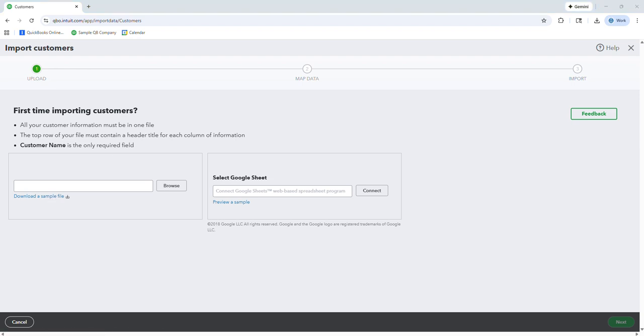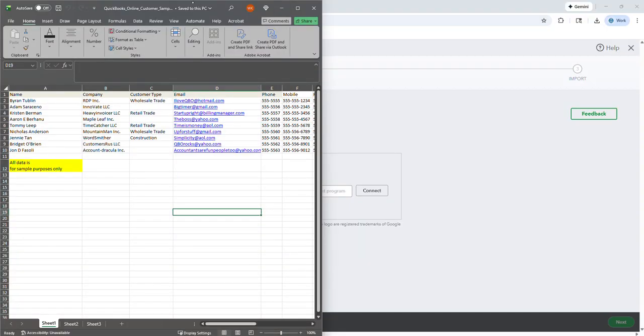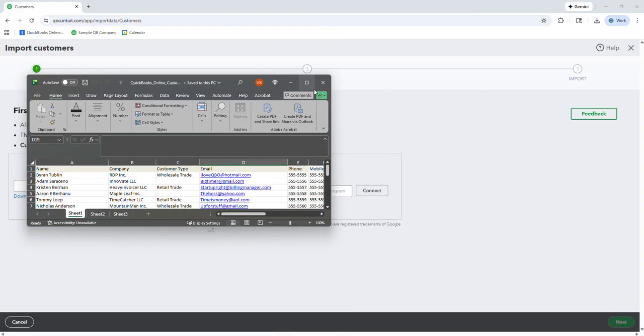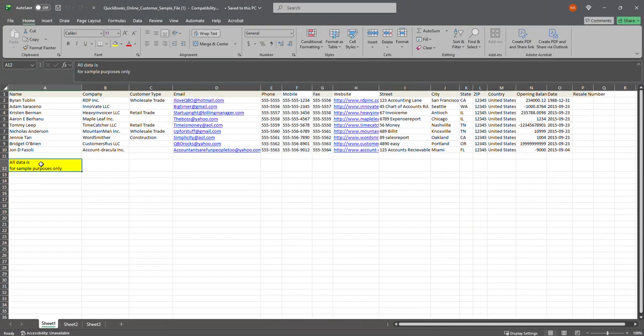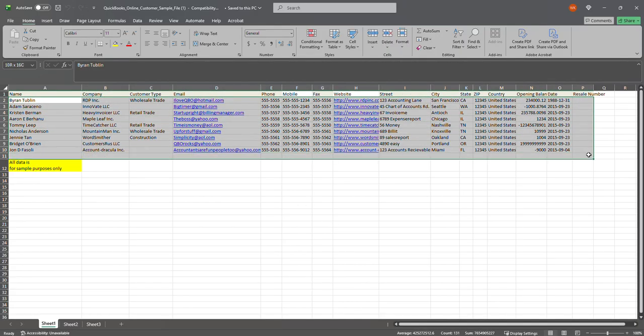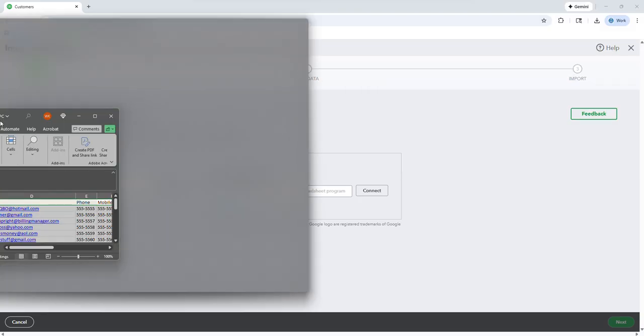So download the sample file and you'll get this. All of this data here is for sample purposes only. So here are the different fields. In the sample, there are only 16 fields. This is the sample data, so you can delete this and put in your own information that you need to create your customers. If I go back